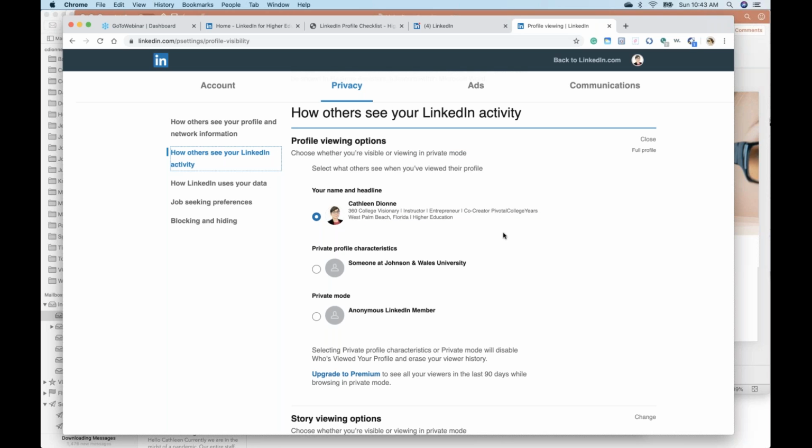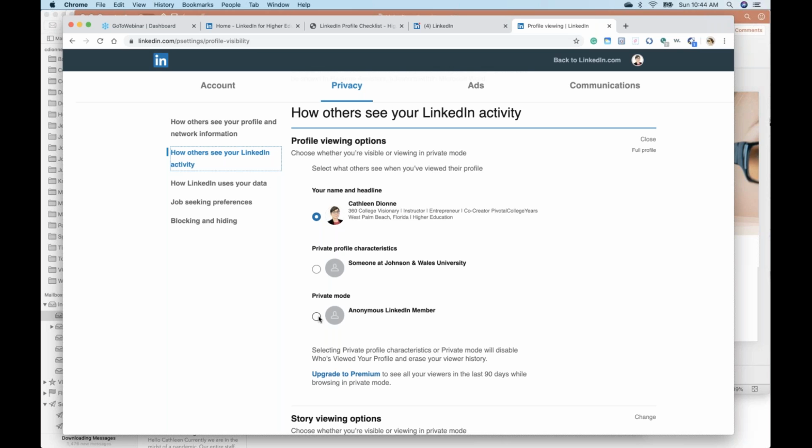That's what they see of me, right? They see everything I want them to know. There are also private characteristics where you would leave a footprint, but it wouldn't be your specific information. It would just say someone at XYZ organization viewed your profile. Or you could view anonymously.